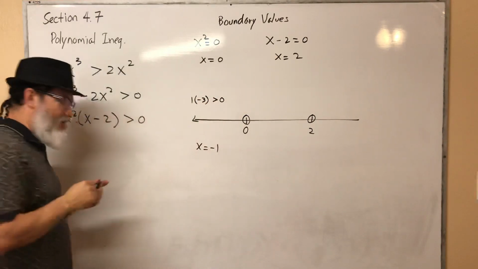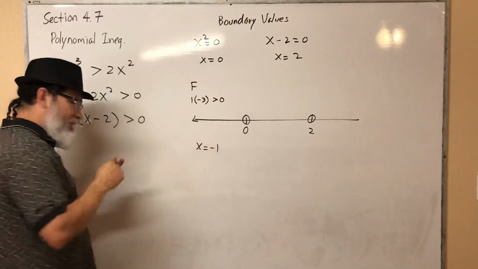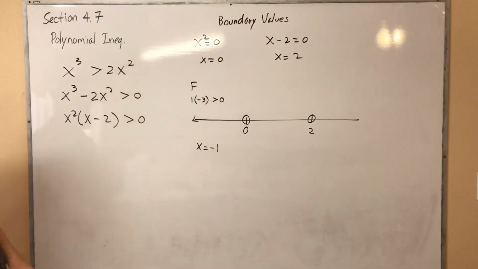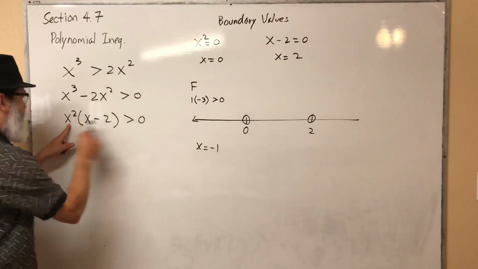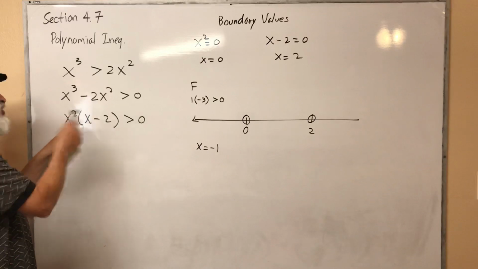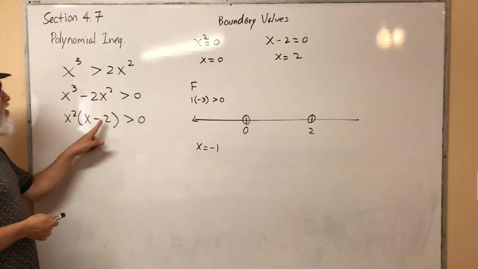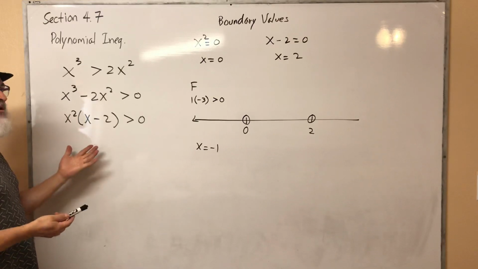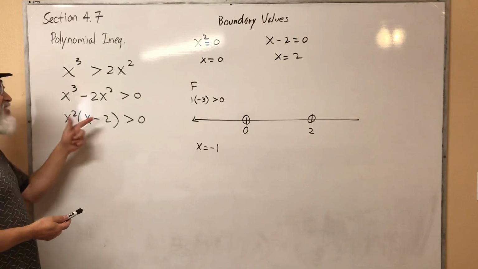True or false? False. So you don't shade. You don't shade because you got a false statement. By the way, all you need is a sign, guys. -1 squared is 1. That's positive. A negative minus 2. That's -3. That's negative. A positive times a negative is negative, and a negative is not greater than 0, so